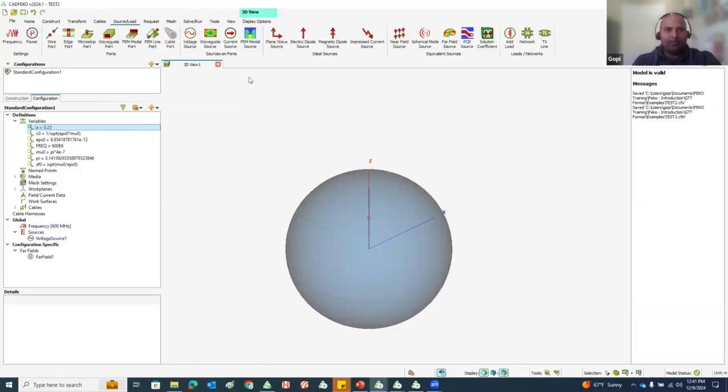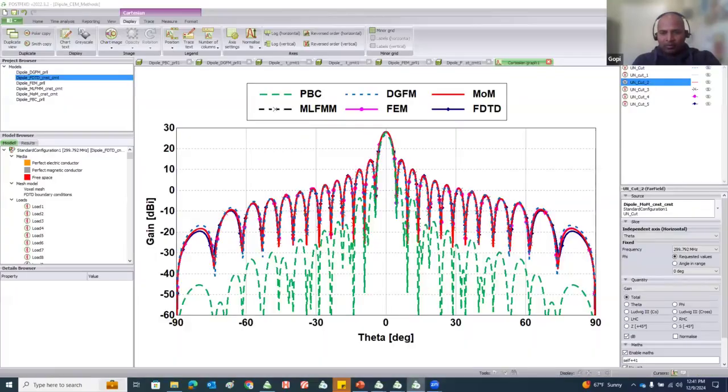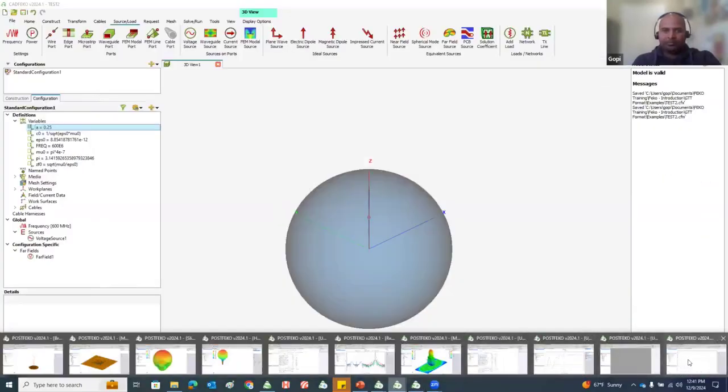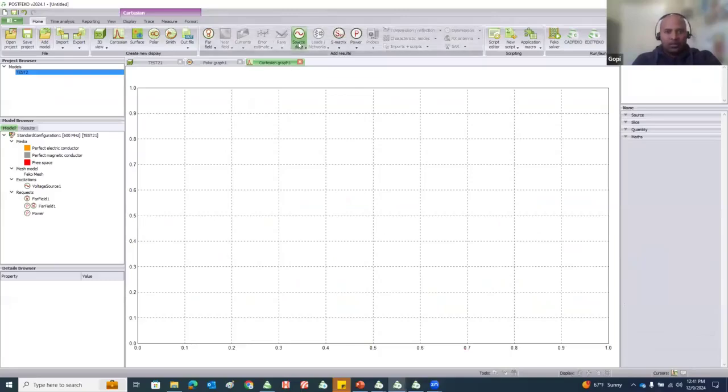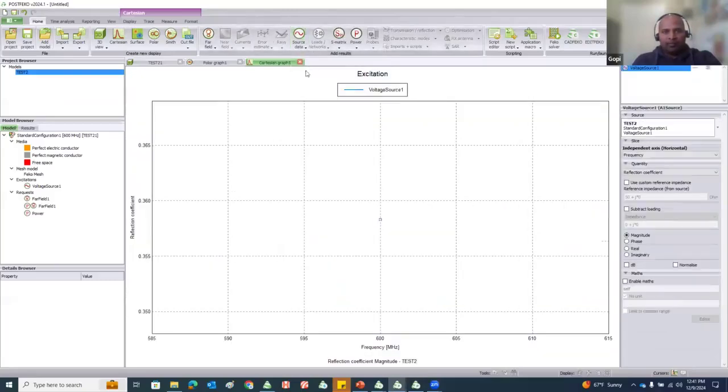Whenever you add an excitation, whether it is a voltage source or a current source, let me go back to the source load tab. So you have voltage source, current source, waveguide source, modal source. For any excitation, whenever you add an excitation in Feko, source data is computed by default. That is why if I go back to post Feko, under source data, I can simply select that voltage source